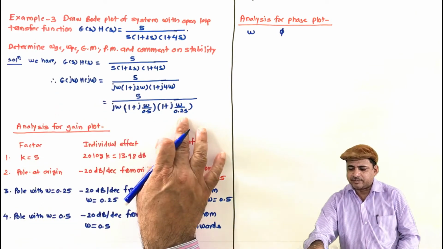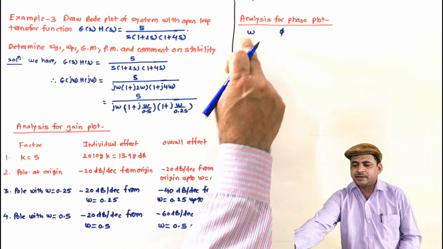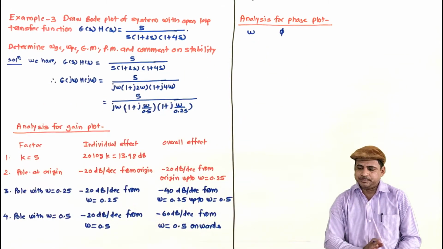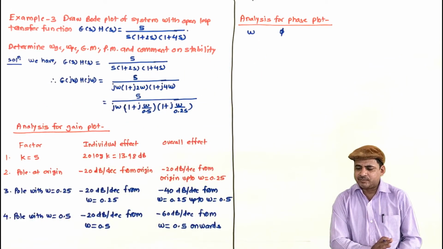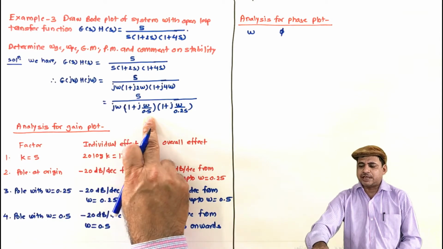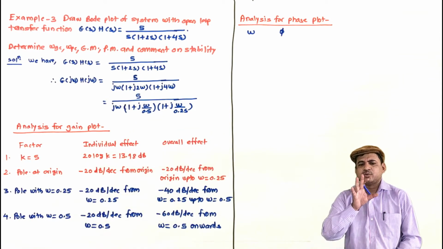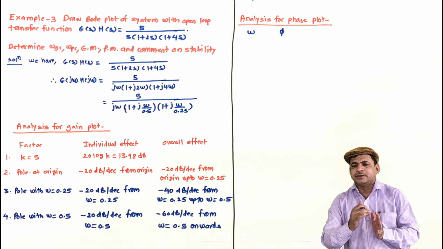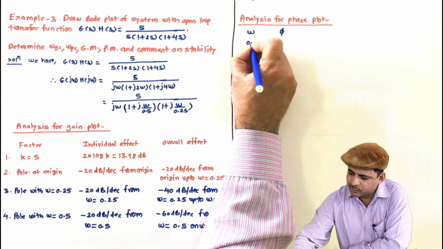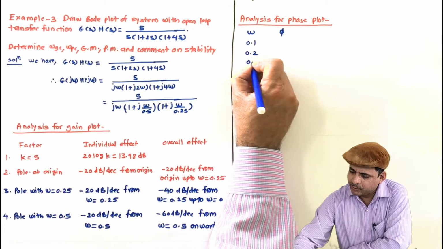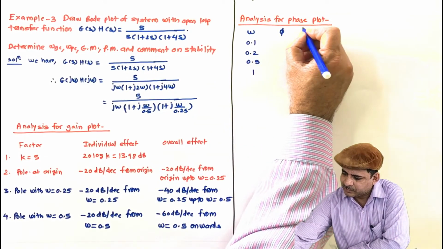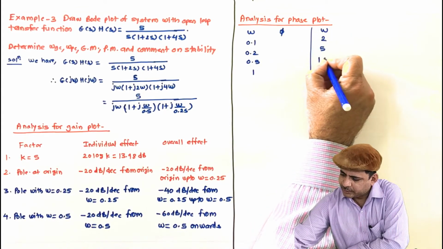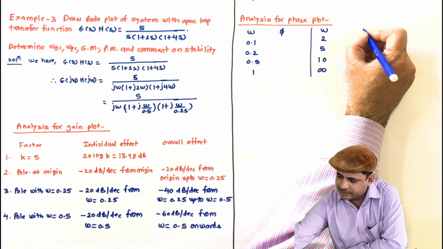So consider the next factor, it is 0.25, meaning your starting decade shall be prior to this. So here also we can consider the starting frequency as 0.1. And what should be the last frequency we consider? It shall be at least 10 times the last one. The last factor is 0.5, so at least we shall go up to 5. Let us complete a decade and consider the range from 0.1 to 10. So 0.1, 0.2, 0.5, 1, and then 2, 5, 10, and for our convenience the last reading we are taking at infinity.